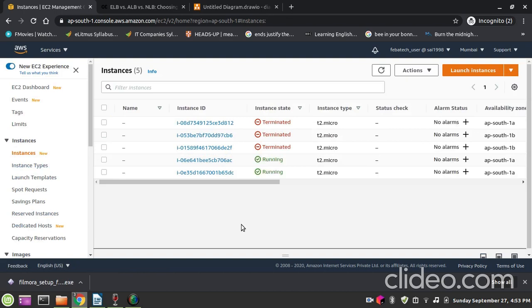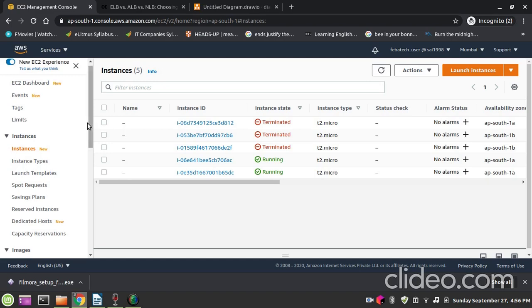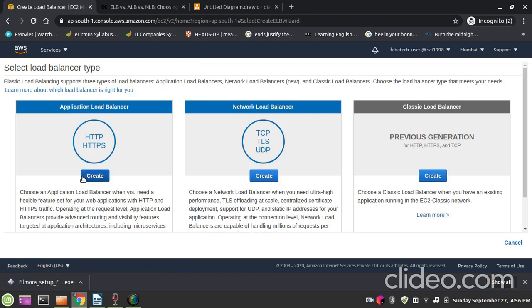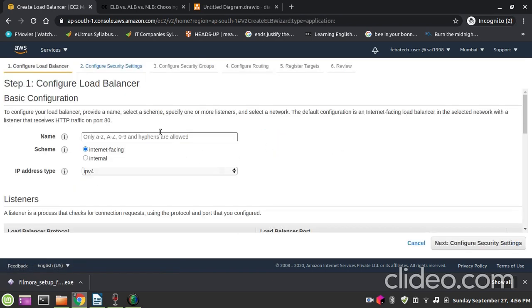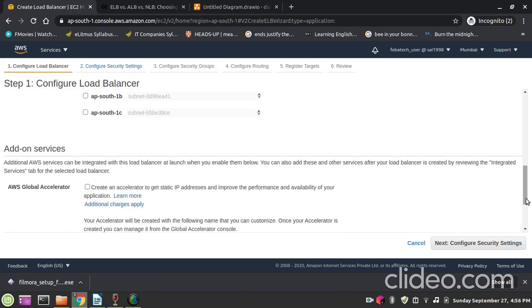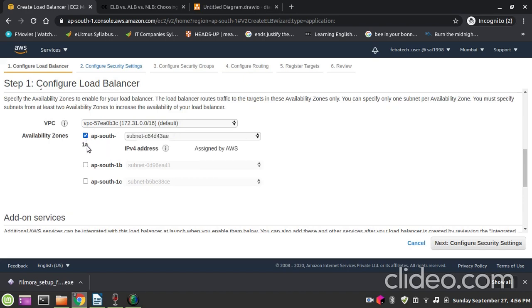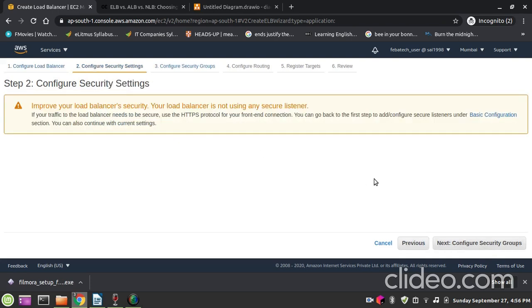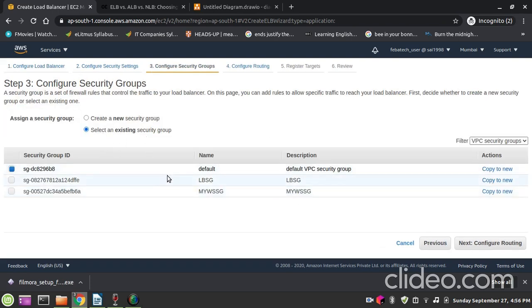So now our instances are up and running. So now let's create a load balancer, namely application load balancer. So it works at layer 7. So for the application load balancer we are going to choose the security group that is specially designed for that, and we are going to assign this security group to the application load balancer,